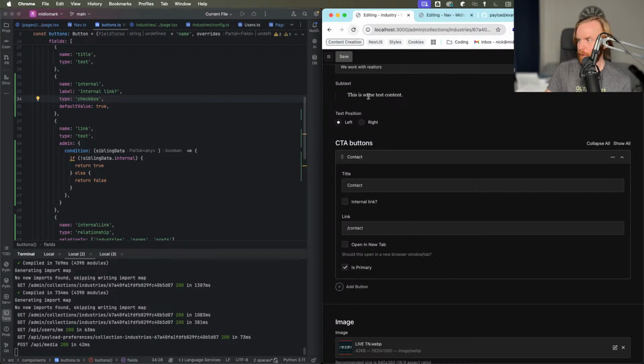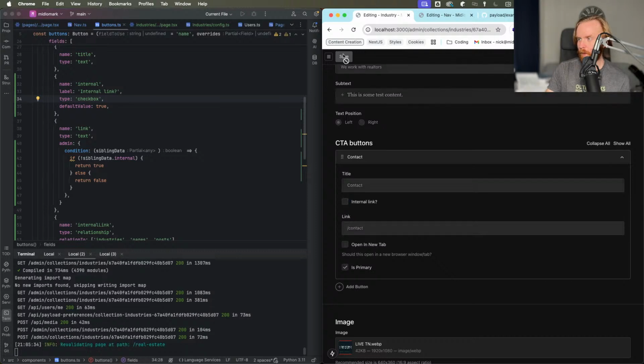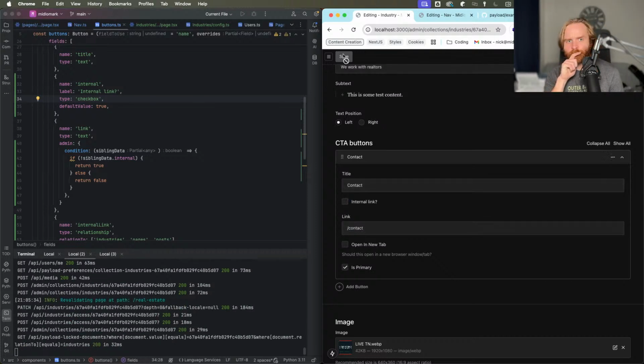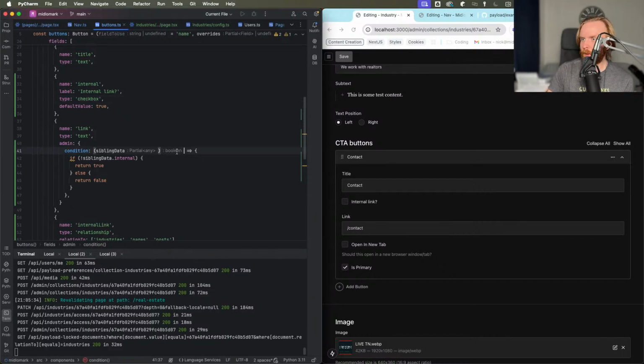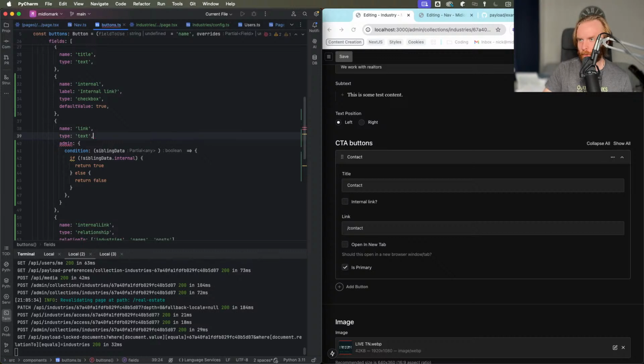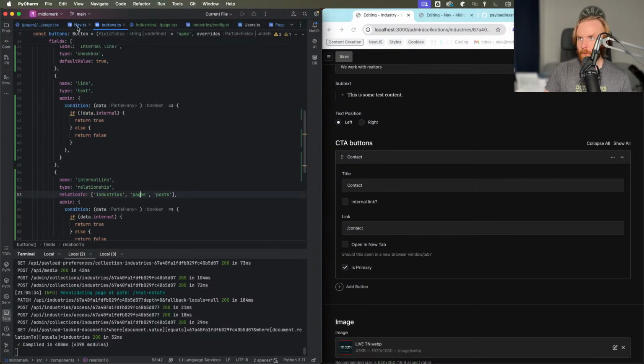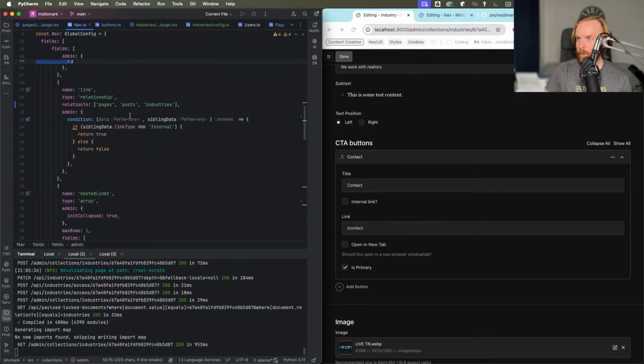Oh, I wonder if it's not default because I've saved data. Okay. What is happening? The condition is just not working like I want it to, and I'm not exactly sure why, because it works in other places. So let's come back to it, because we have it here